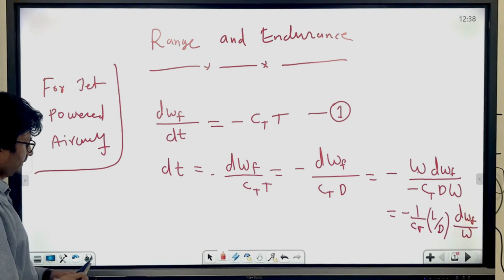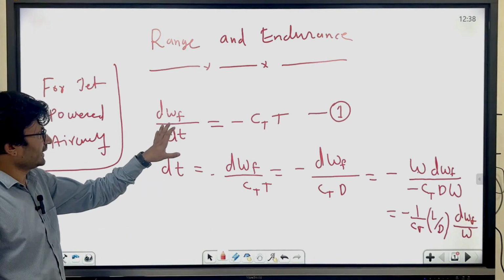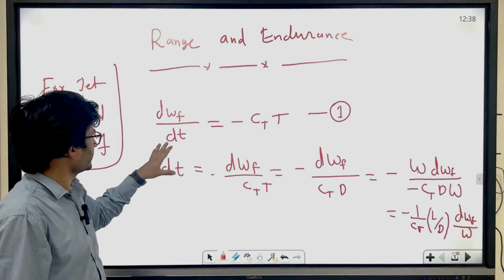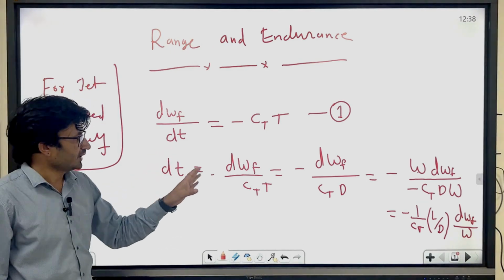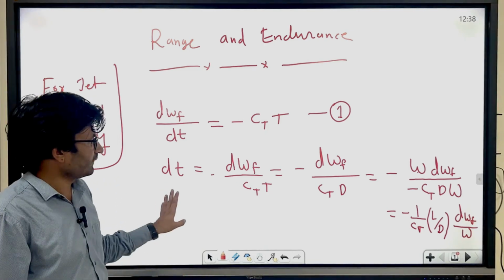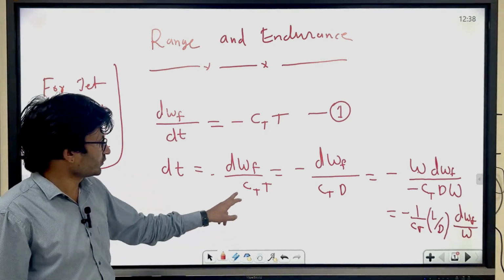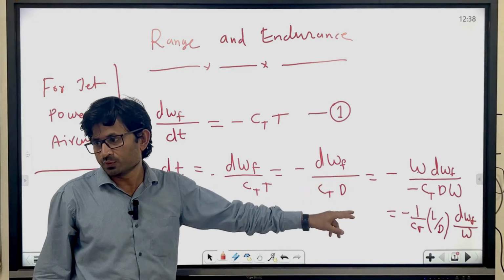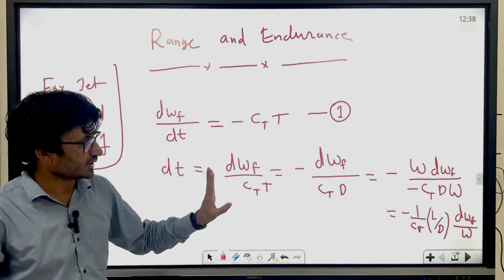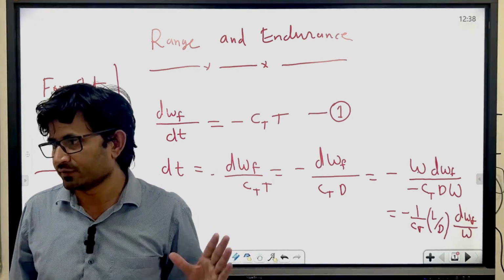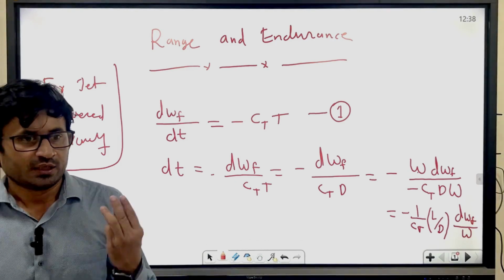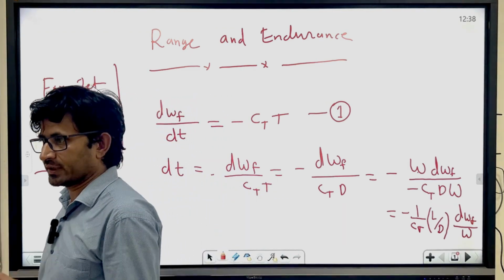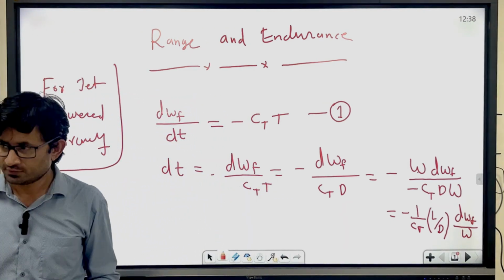Okay, aircraft. Now I have written dWf by dt equals minus CT into T, equation 1, and if I am interested in finding the endurance, I will take dt to one side, the rest of the terms on the other side. I will integrate, but before integrating we have to rearrange things, like thrust required equals drag, and divide by W and multiply by W. If you arrange everything and integrate in terms of W, you will get the expression. In all the cases we have done, we have established two range equations and two endurance equations: range and endurance for propeller, range and endurance for jet. Okay. And now